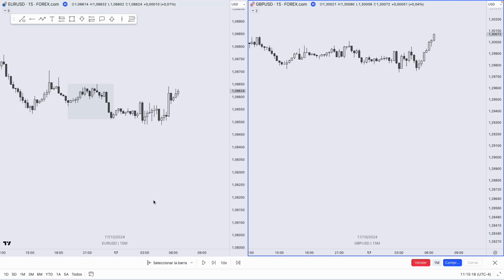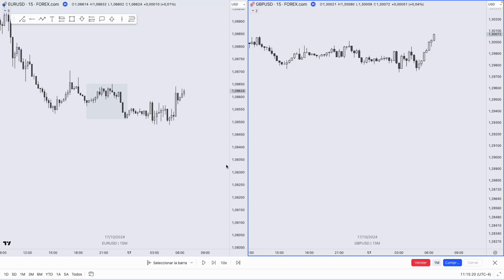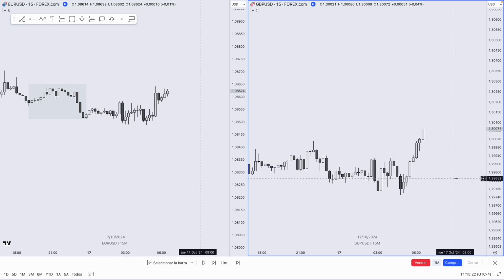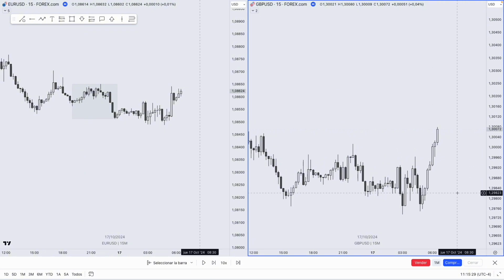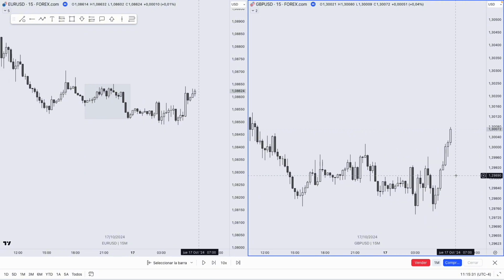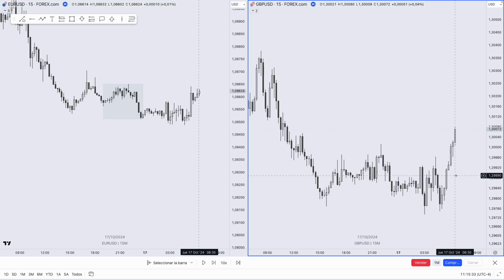I'm going to do a quick video breaking down my trades from today and analyzing a little bit what happened and what were my mistakes, because I took a loss today. So it's really fun to see the nice trades, but when a loss happens, it's also nice to see what happened and why and how we could have avoided it.